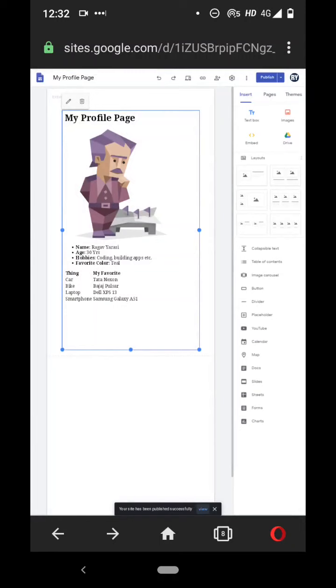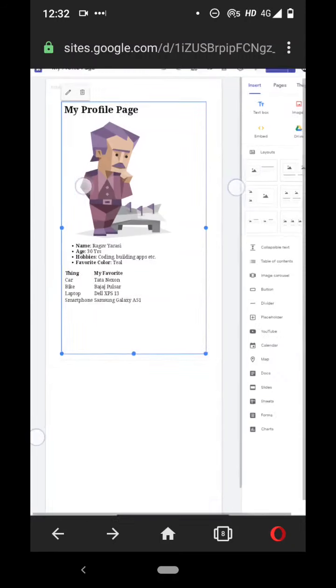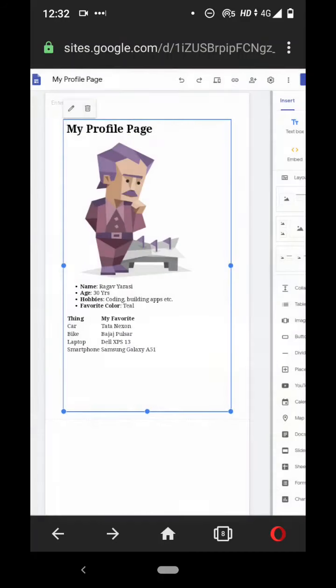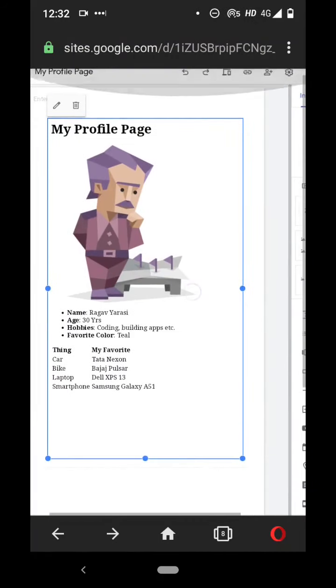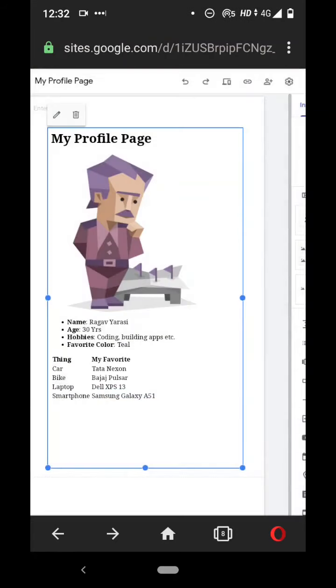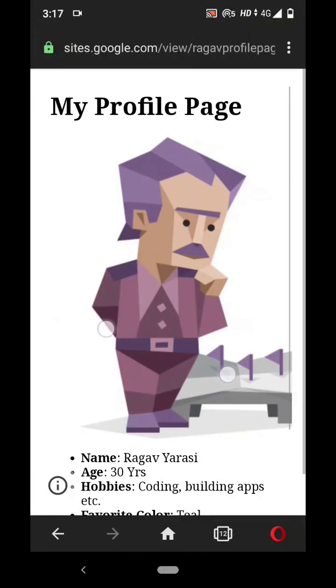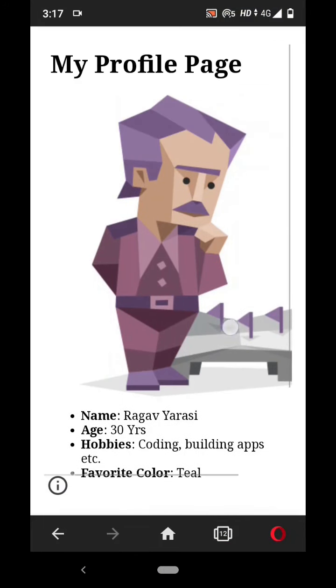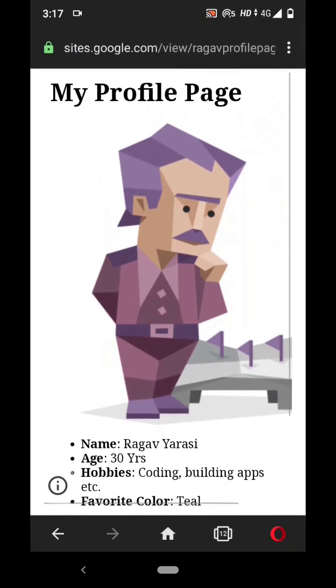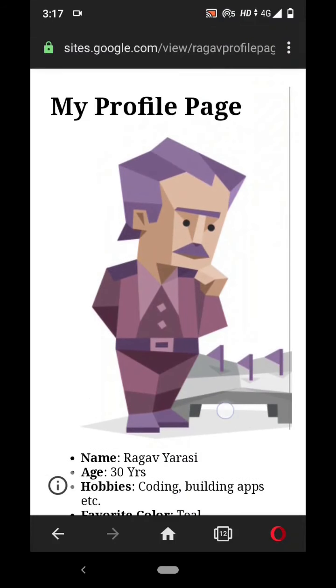So we've published it. Now what we're going to do is, just to check it, we're going to get the link for this file. By the way, if you want to get the link, you just click on this link icon at the top and copy the link, and then go to a private tab and paste it here. So now we see the HTML file that we created being published on the internet, and now you can give this link to anybody who wants to see this page. So this is how you'll publish a HTML file onto the internet from your mobile phone.